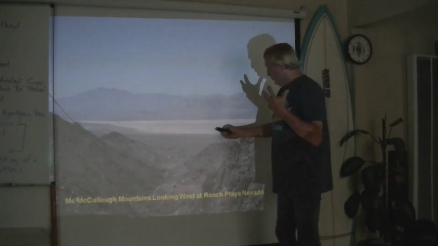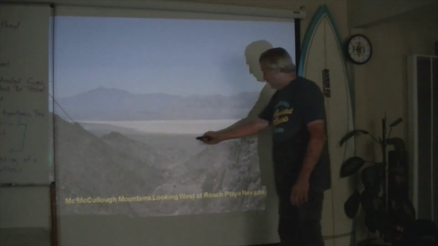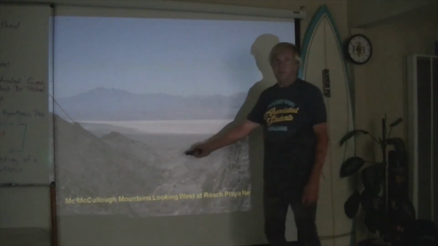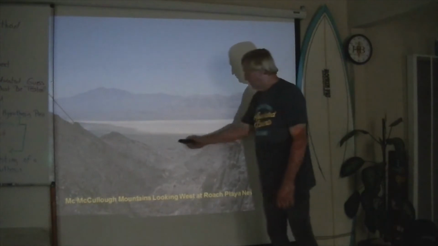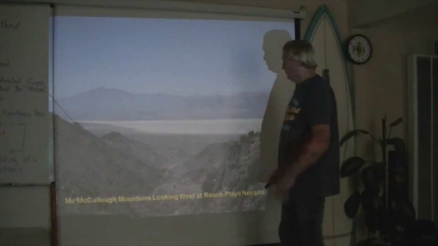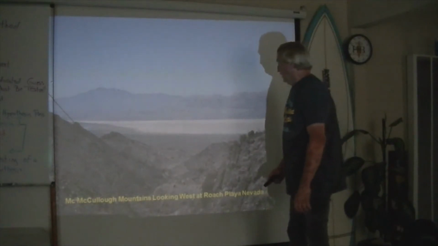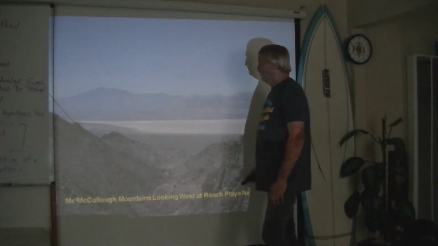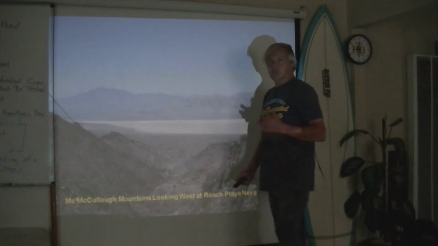There's good examples of fossils. Native Americans inhabited the banks all around here when it was a lake. You find all sorts of Native American remains out here, arrowheads and pottery shards and things like that. And so this is a good example of climate that has started to change